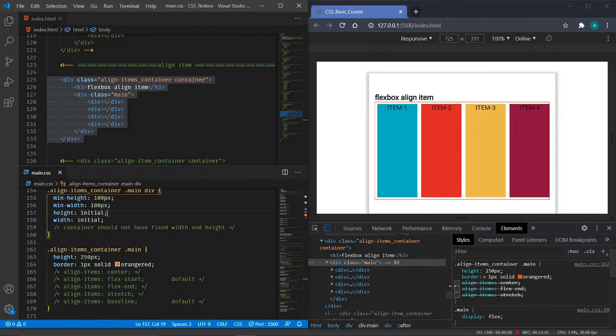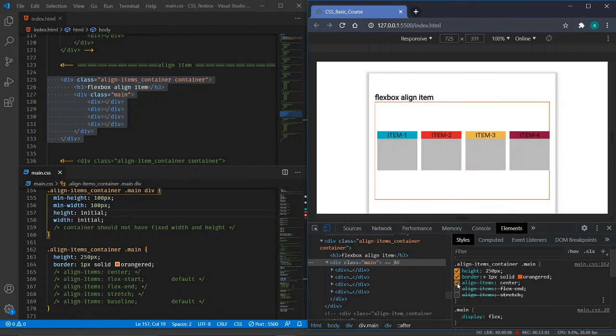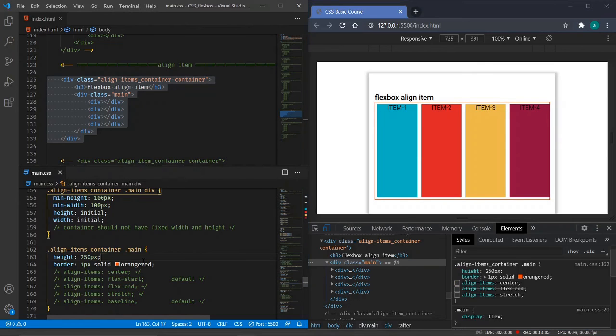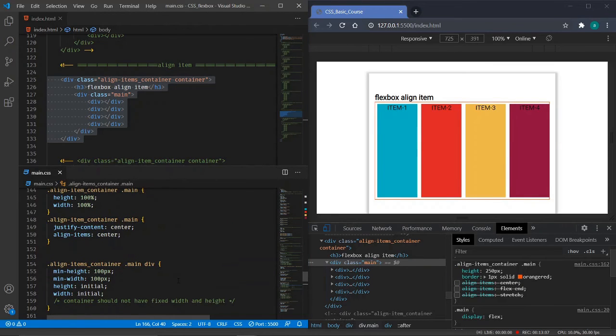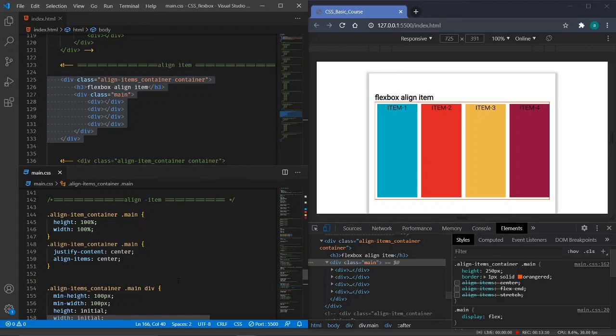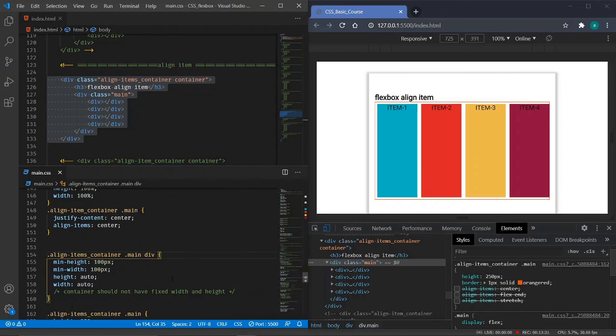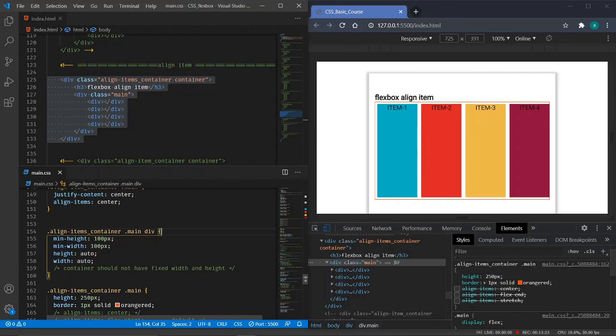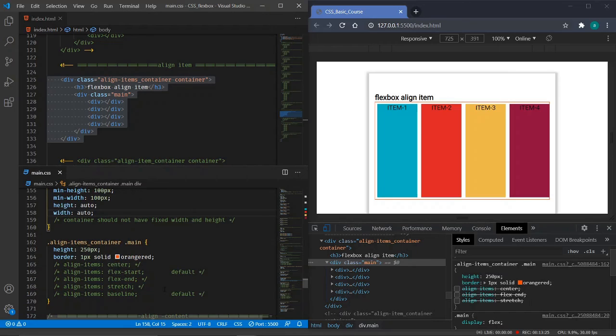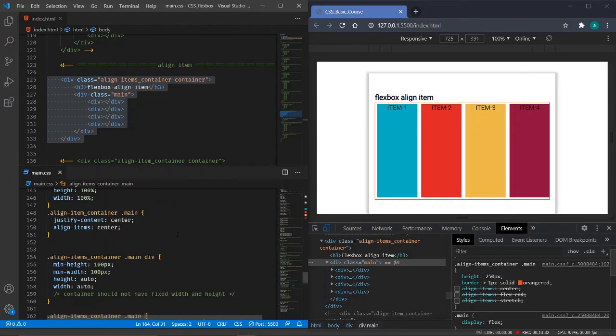There is some reason, that's the reason I have given this. I've given some minimum height and maximum height and width of auto, so that it can take any value. So let's jump into how the align item works.